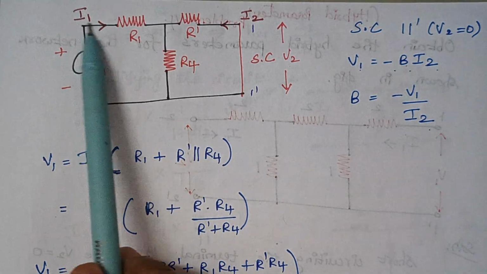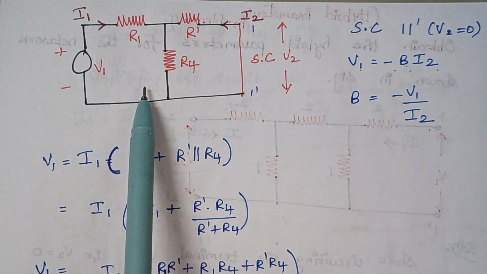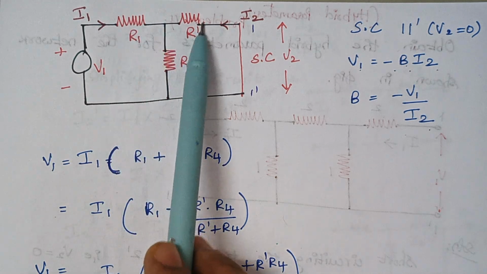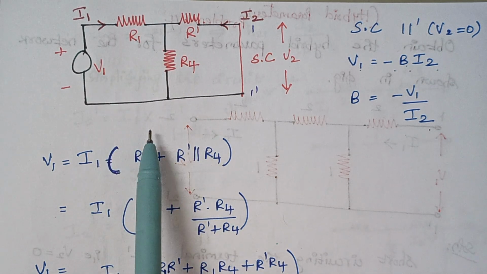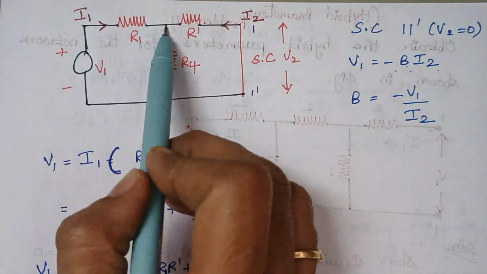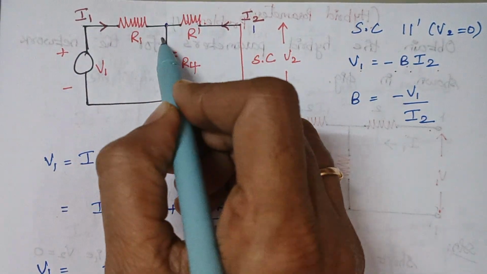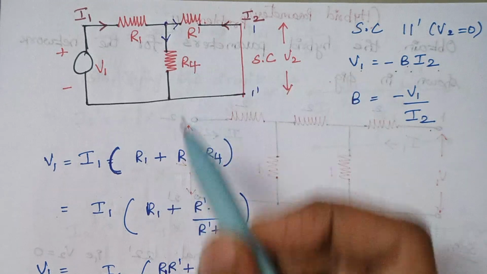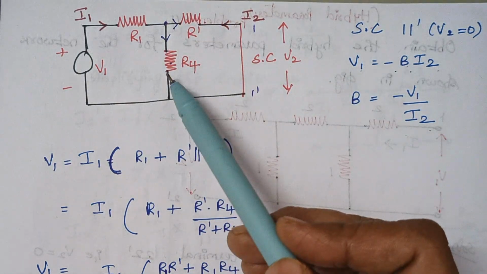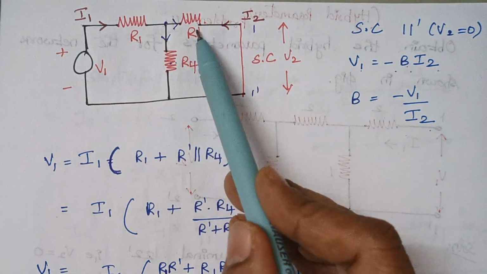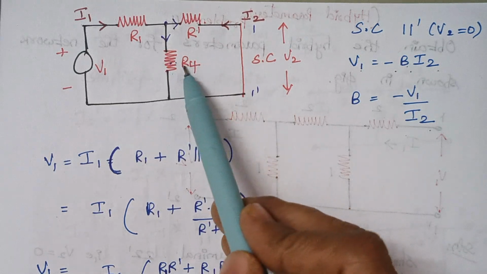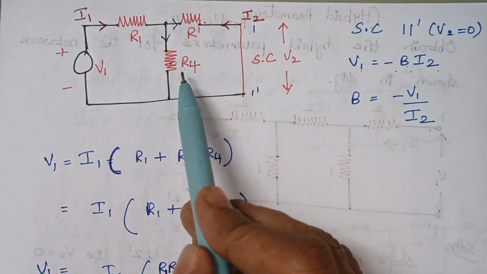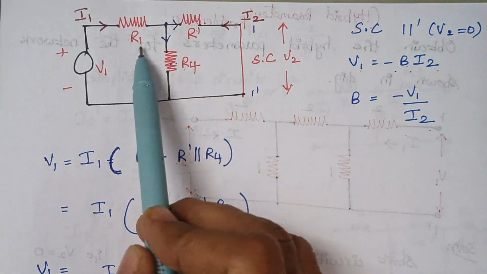So I1, and how to calculate the value of Z? You have to find the equivalent resistance of this combination. You see current entering at this node, it gets divided into 2. Whenever the current gets divided, what does it mean? It means that these two resistors are connected in parallel and that equivalent resistance comes in series with this resistor